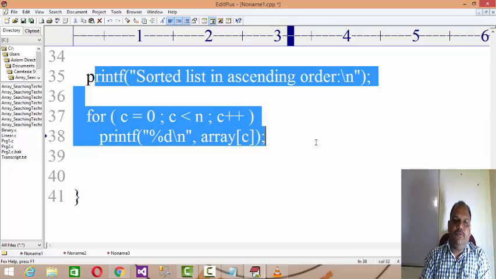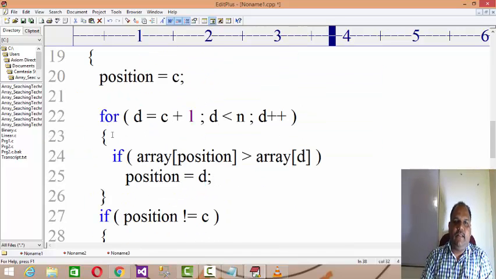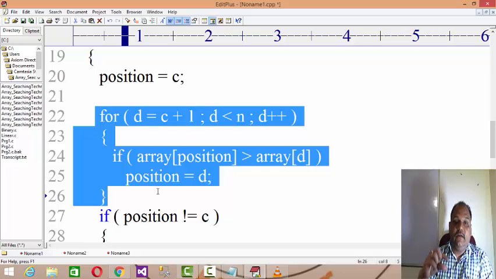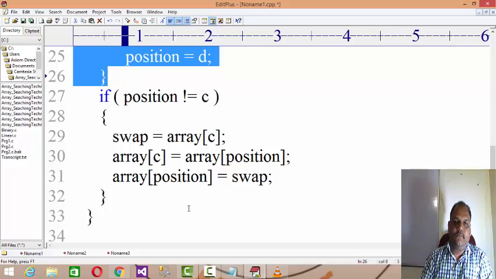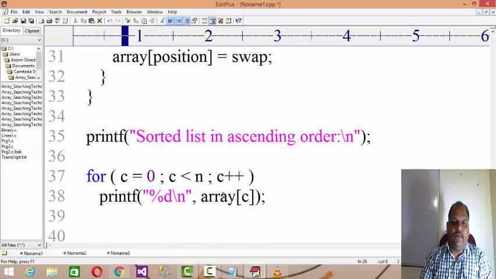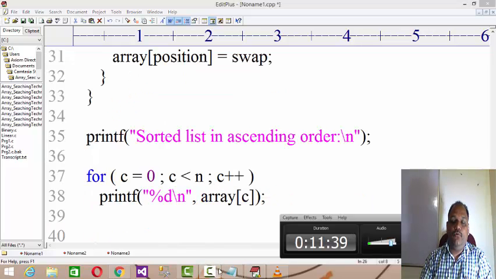And then in this manner, by applying this logic, you will get the position of the element which is the lowest, and then you exchange the position of it, and then the value of c will be incremented by 1, right? And then again from 2 to n minus 1, you have to compare all the elements over there. Once you find the lowest element available, then exchange that position. If you continue this way, you will be able to implement the selection sort.